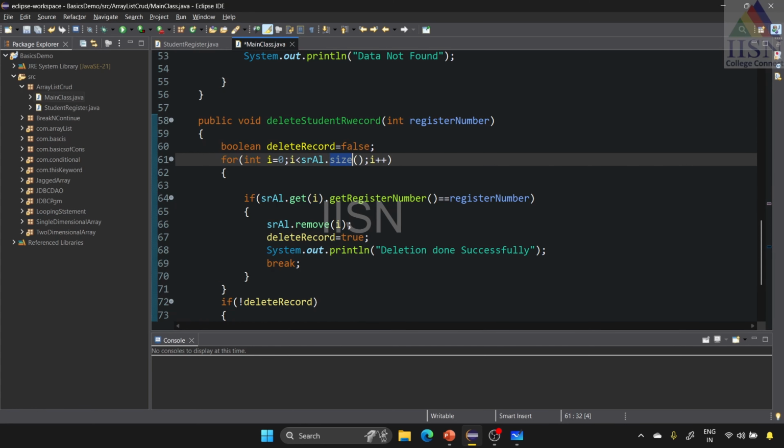We are going to get the size of the array. Each iteration is going to get inside, and then pass the index value. We are going to pass the index value of this particular array list, so that only sr.get(i). It is going to pass the values which are present on that particular index location. In that index location, what we are returning is the register number of the particular student. So if it is matching with the value which we are passing as an argument, then